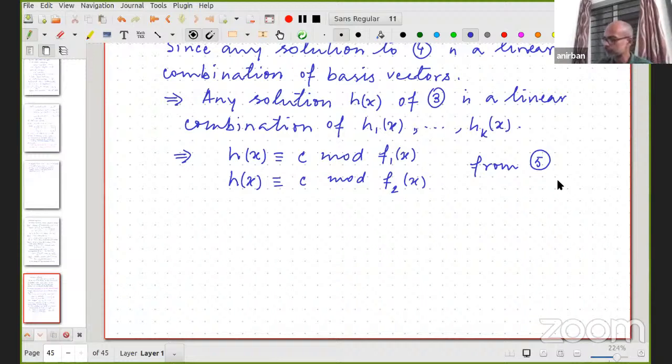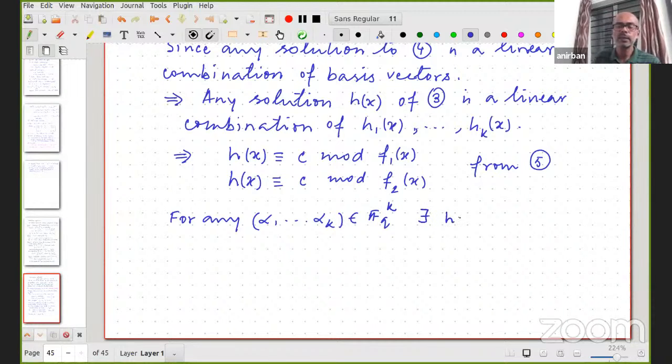This is from 5. Yeah, but that is certainly so it cannot happen for all solutions just because of CRT. So just because of CRT, because for any alpha 1, alpha 2, ..., alpha k in F_q, for any k-tuple, there exists h(x) satisfying